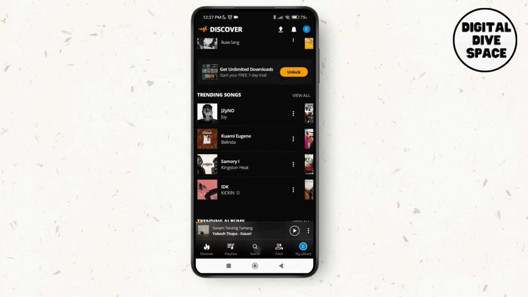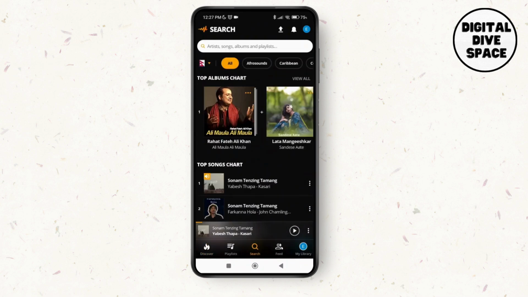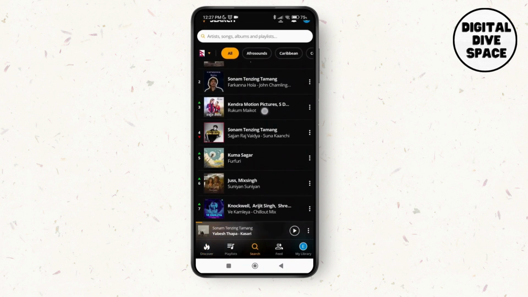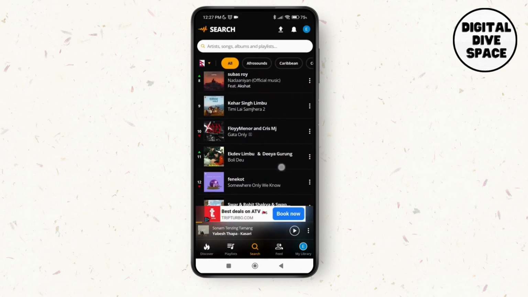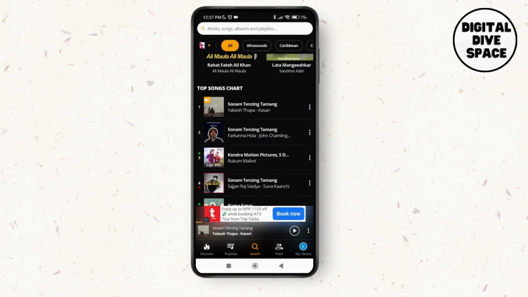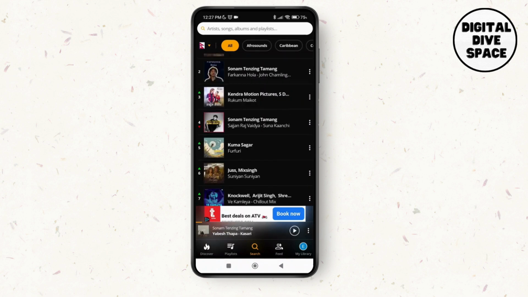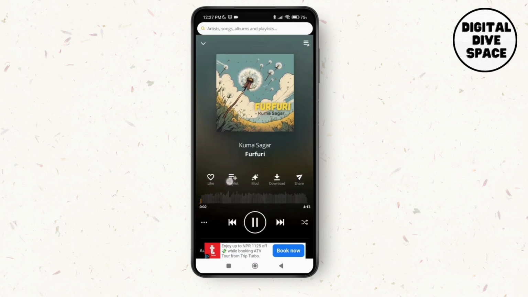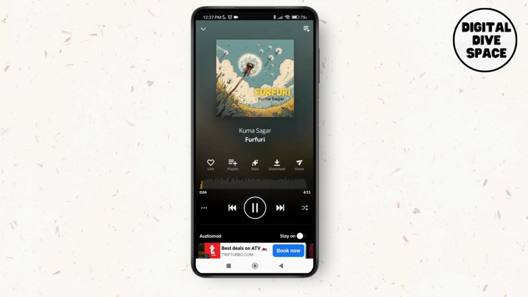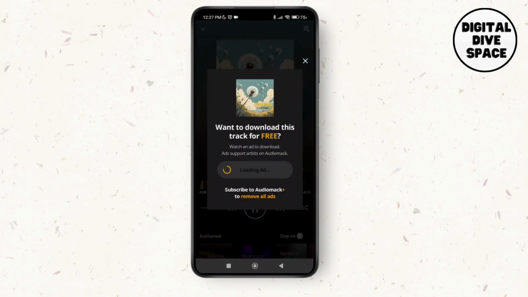So let's search for the song. You can just type in this on the search bar, or you can just search it by looking at the different list over here. So I'm going to tap on this particular song over here. As I tap on that, you can see the option of download over here between different menus, like playlist, then share. So just tap on download, and as you tap on download, it will give an option